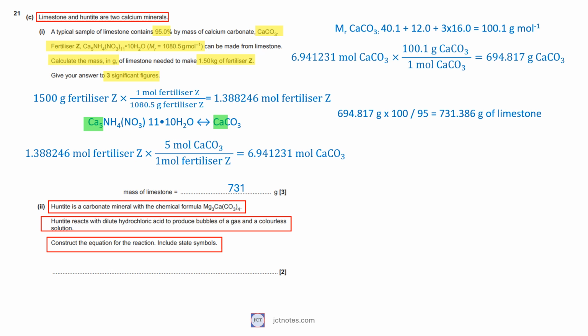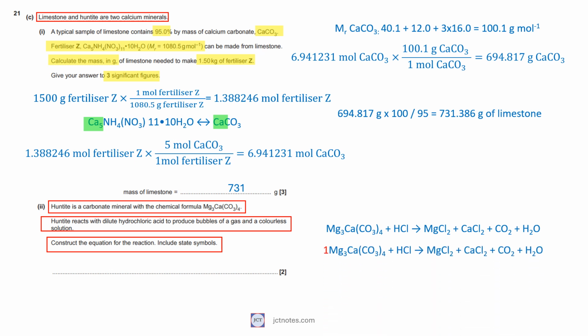Carbonates of group 2 react with acids to produce salt, water, and carbon dioxide gas. We need to adjust the equation. We start by fixing the number of moles of huntite to 1. Huntite provides all the magnesium, the calcium, the carbon, and the oxygen to the products, so we can adjust these atoms in the products. In particular, we have 3 moles of magnesium, 1 mole of calcium, 4 moles of carbon,